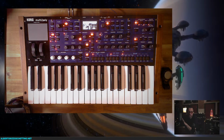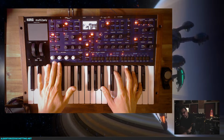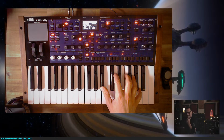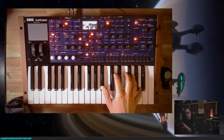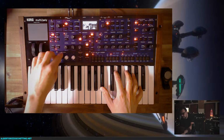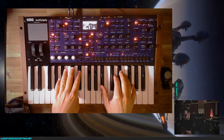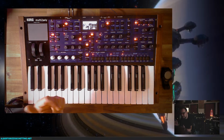It's called Approaching Off-World, so it's kind of nice. The texture that you can get from the mod knobs is just unbelievable. It seems like on this specific patch it doesn't do that much, but it does. You can make these brassy or you can make these darker. I had an initial setting, you heard it, that was very dystopian somehow. So let's try and get this to like 0. But if we go texture and anima and we keep the sizzle and detune down,